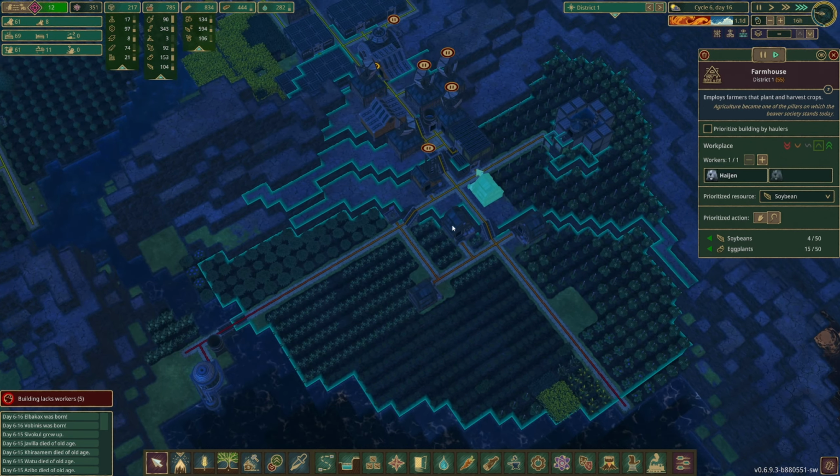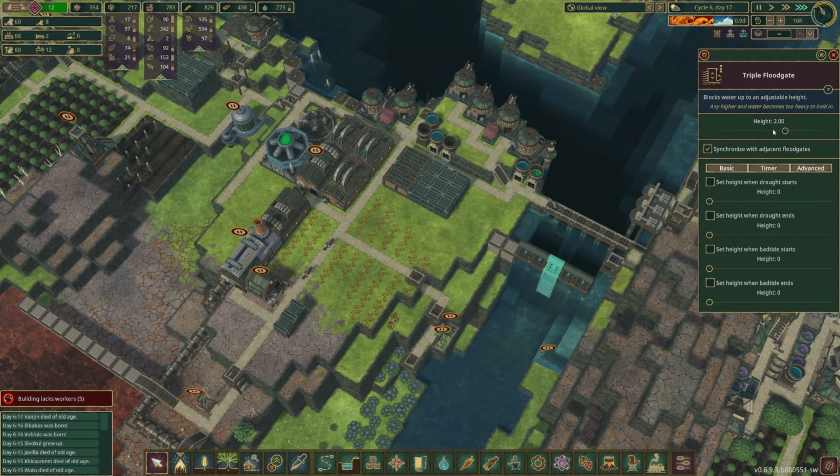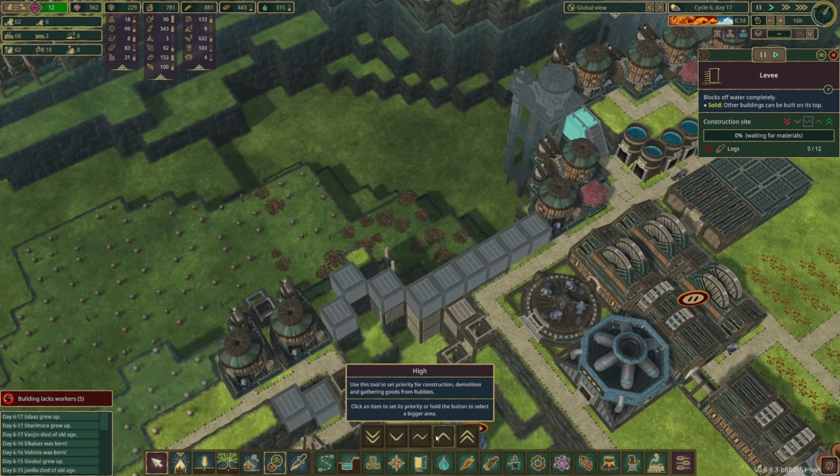Food-wise, that's okay as well. It seems like they consume about 100-something food units per day. Right, that one's done. Let's just adjust you guys a little bit lower. Let's see what happens. Well, they can be a little bit higher as well. Yep, everything's fine. Now, as soon as this section gets done over here...